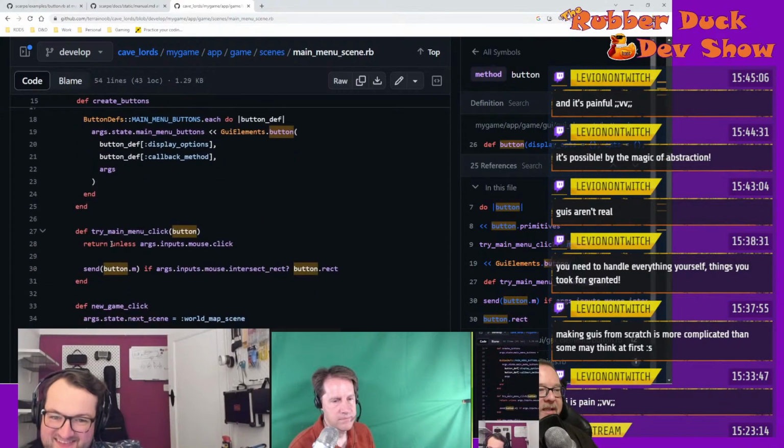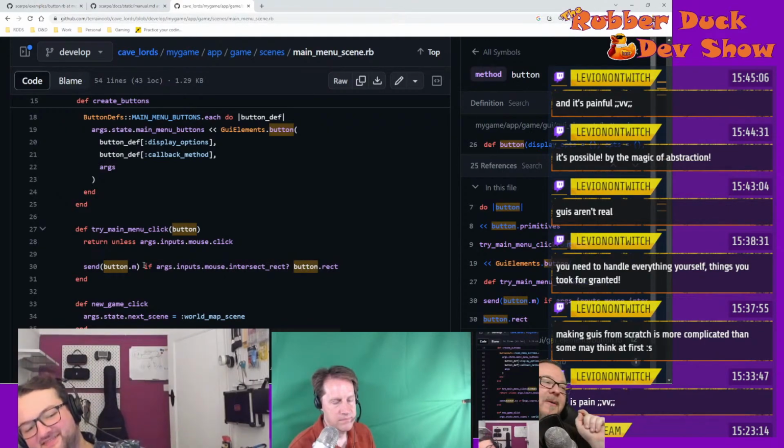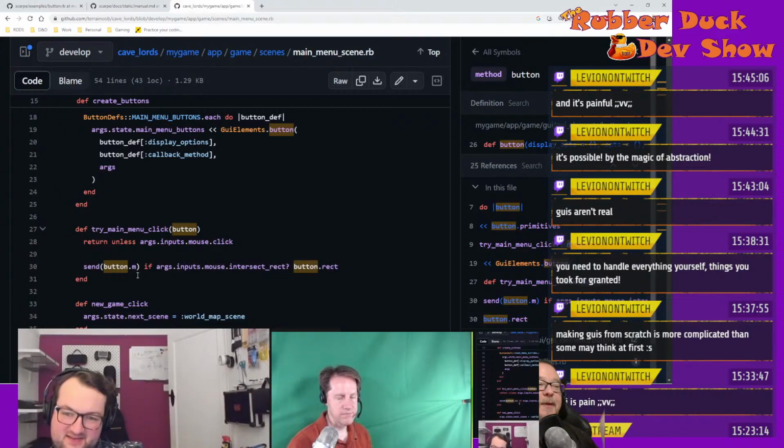And what that does is it comes down here and says, okay, well, if you didn't click, go away and see if where my mouse clicked intersected the rectangle of this particular button object. Wow. And if it does, then send the button the method that I've